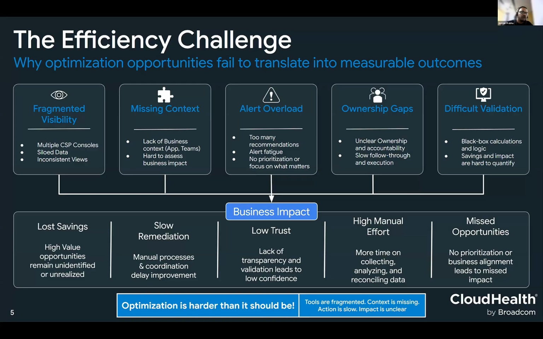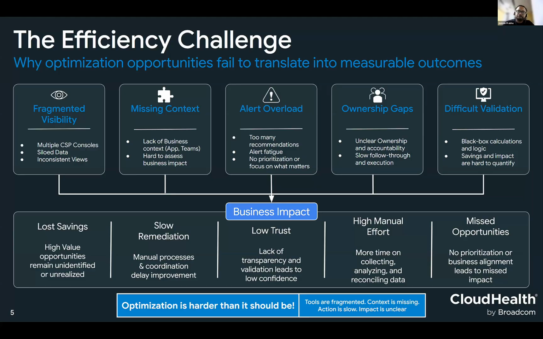If there is an action that needs to be taken to resolve a waste or right size an instance or go purchase commitment discounts, you will have to figure out who is the owner for it, who is accountable for it, and you will have to pass on the ownership to that specific BU or app teams. So how do you decide that ownership and how do you follow through, right? Because it's not enough that you have visibility, it has to go through the action.